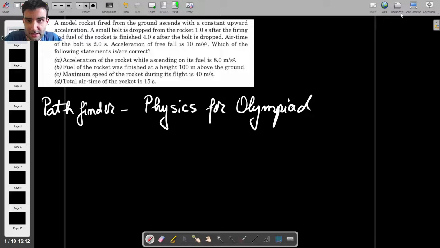Here's an interesting kinematics problem that you can actually find in the kinematics section of the Physics for Olympiad Pathfinder